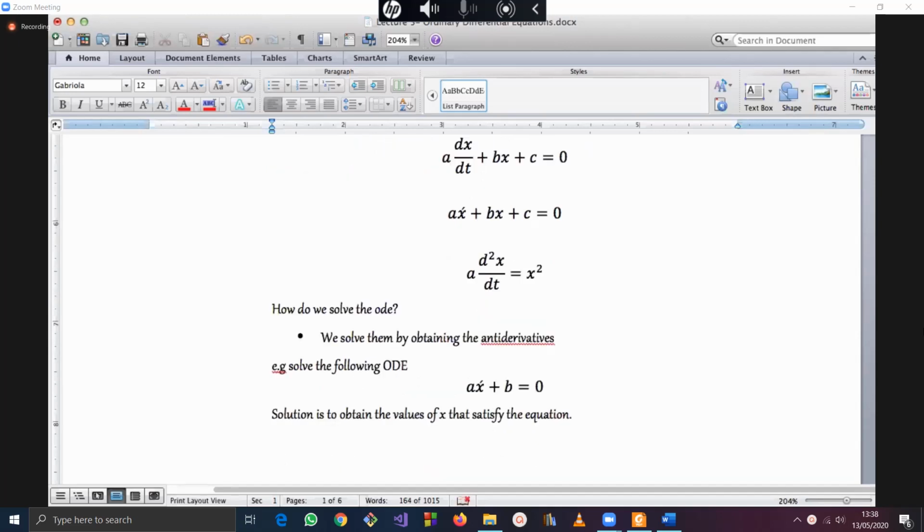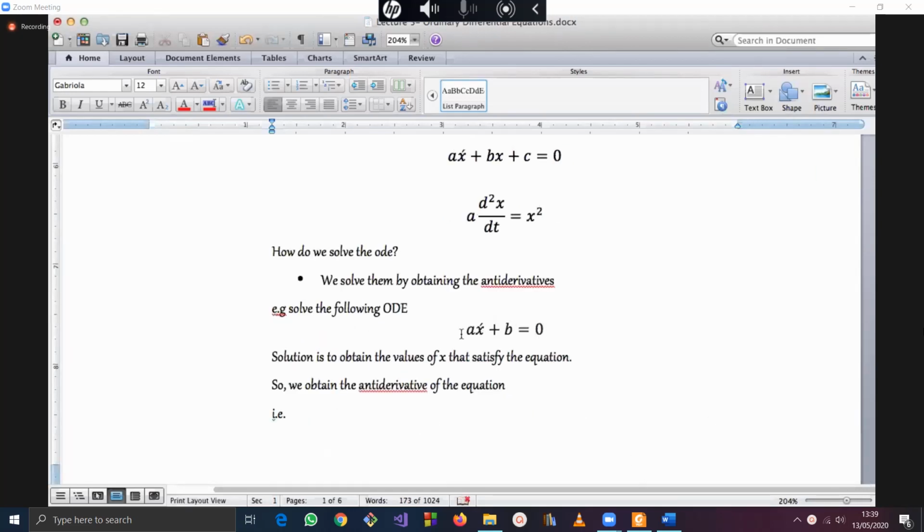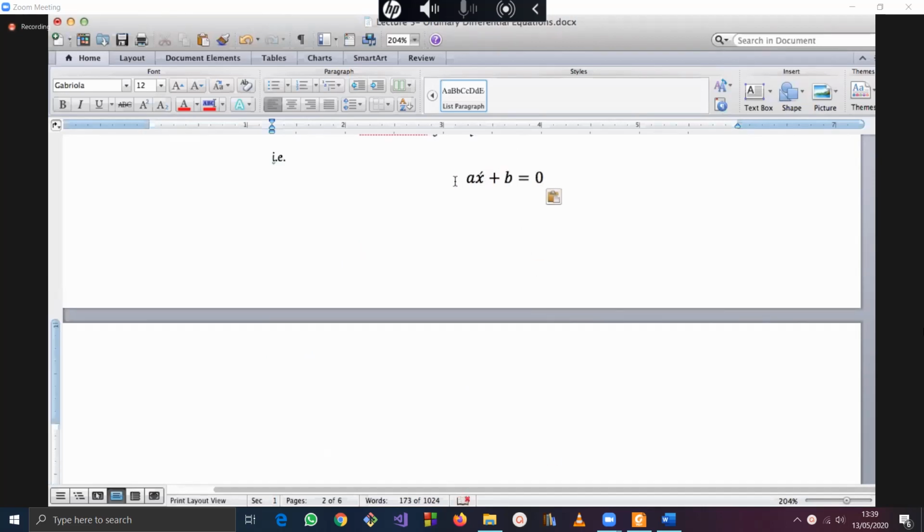So you remember a number of ways in which you could do this. I will mention: we obtain the antiderivative of the equation. To obtain it, we need to make x the subject of the formula. That's the first thing. To do that, we make x the subject of the formula, which means if we take